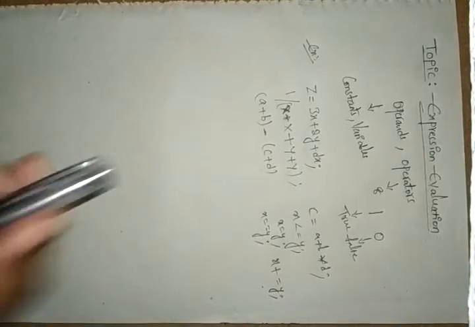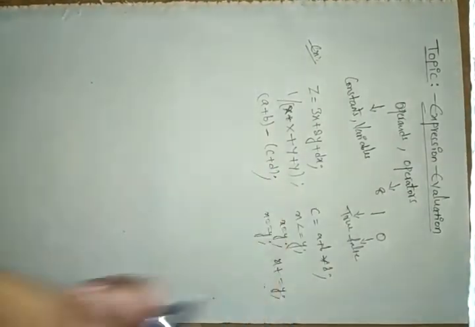You always have to take valid expressions only. If an expression is invalid, you cannot evaluate it, because you will not get any output, meaning you will not get any single value. If the expression is a valid statement, you will get one single value when evaluating. Whatever expression you write is always ending with a semicolon.